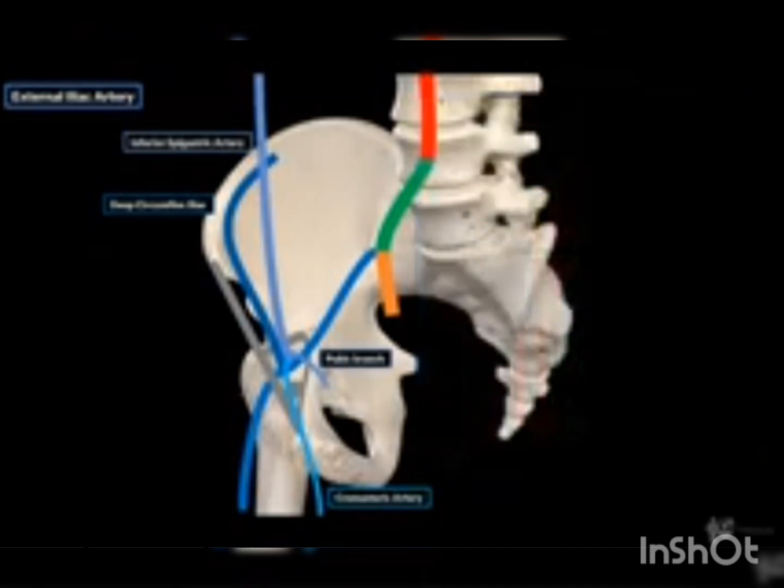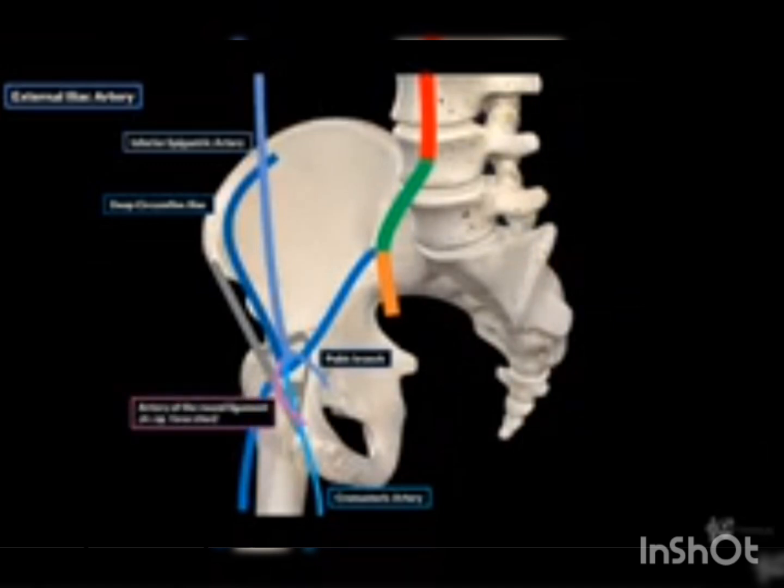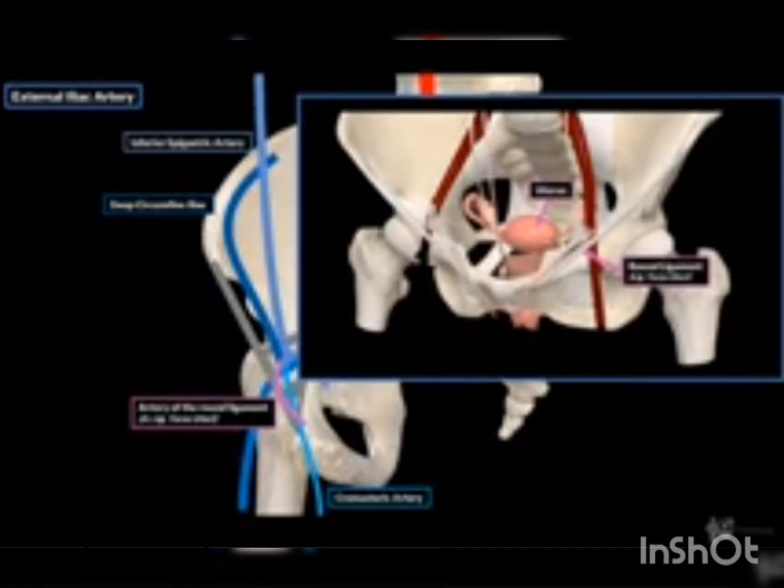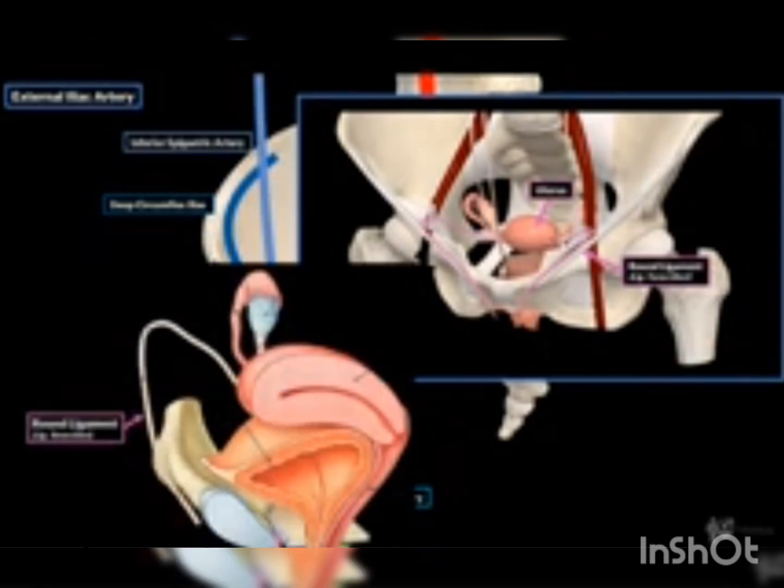The other artery is found only in female, and that is the artery of the round ligament of the uterus, or the arteria ligamenti teretis uteri, supplying a ligament called the round ligament of the uterus. It's a large ligament highlighted right here, and the function of the round ligament is to maintain the anteroflexion of the uterus. It's a position where the fundus of the uterus is turned forward at the junction of the cervix and the vagina, as you see here. And when the uterus grows during pregnancy, the round ligament can stretch and cause pain. But essentially, this ligament